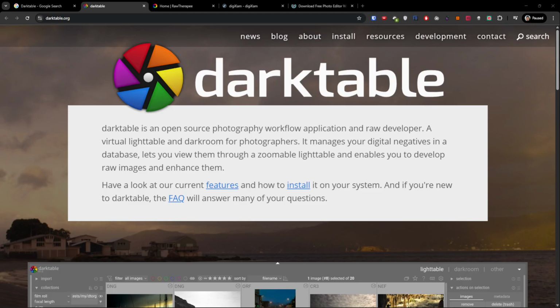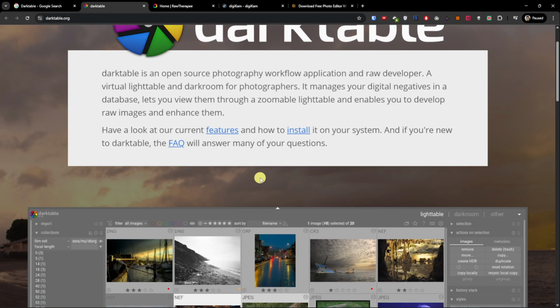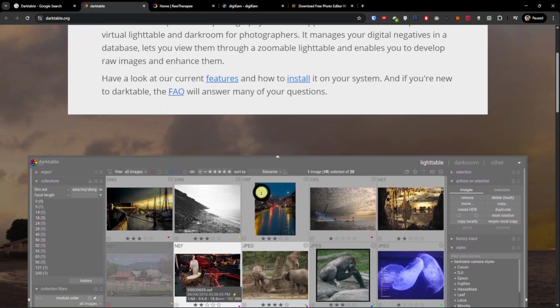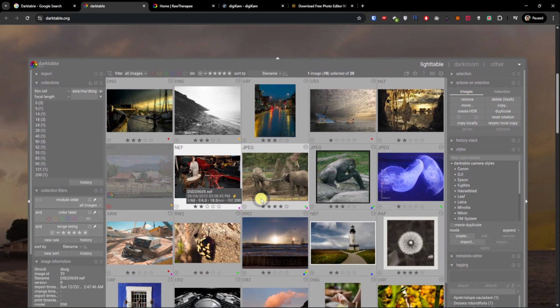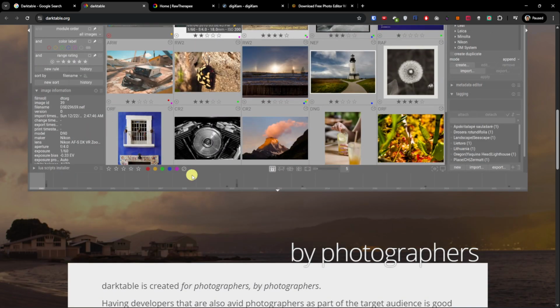Hey guys, in this quick video, I'm going to share with you the alternatives that you can use compared to Adobe Lightroom. So the first one is Darktable, a very popular alternative, free and open source, also closest to the Lightroom workflow: non-destructive editing, excellent RAW support for 400-plus cameras, a modular interface, powerful masking, and local adjustments that you can actually get there. Also a cataloging system, tagging, rating, collections, GPU-accelerated processing, tethered shooting, a lot of stuff, but it